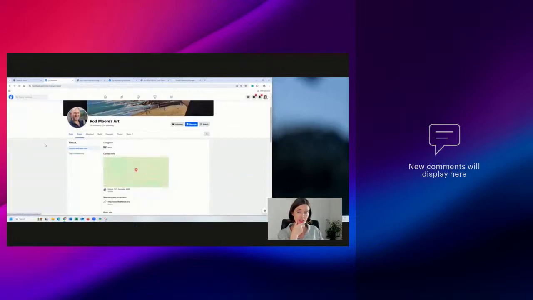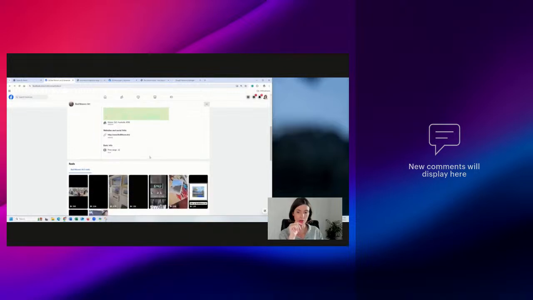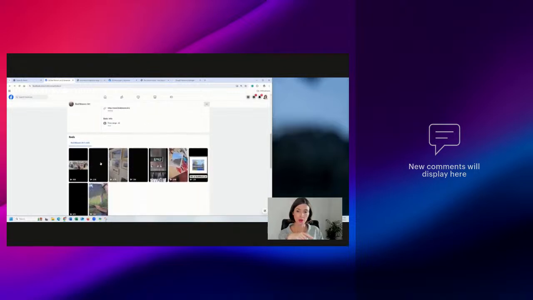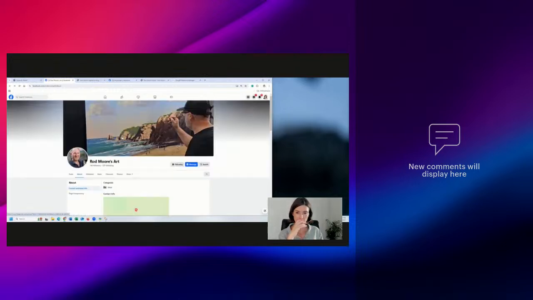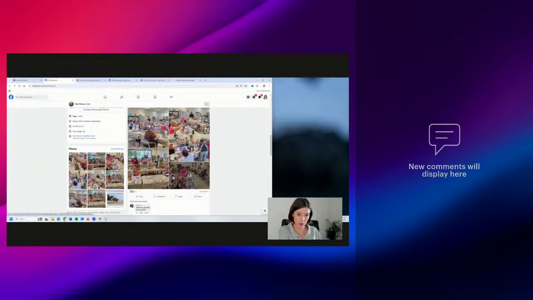Come into the About section and everything is here, which is great. And we got this. We don't need to know exactly where you are, which is awesome. And you're doing okay with your reels too. Getting some nice views here. So well done. Yeah, great. So you got that there. Now I get it. All right. So that's what I would suggest, Rod. You've got an incredible talent. We just need to